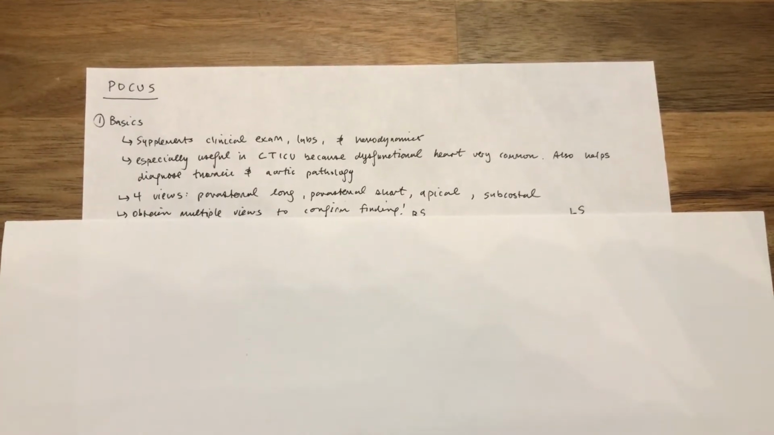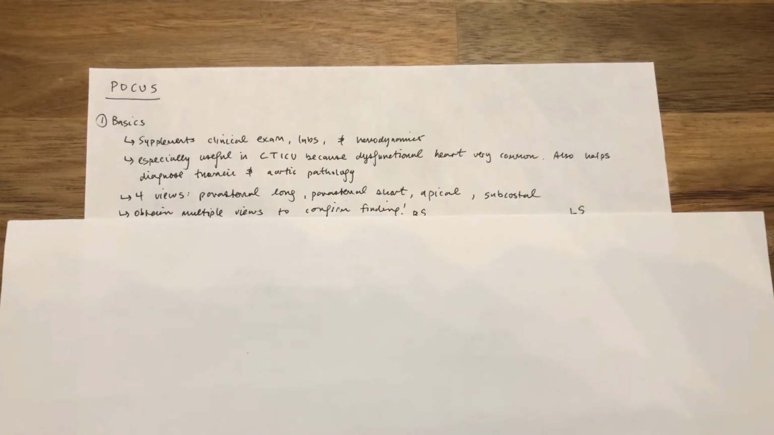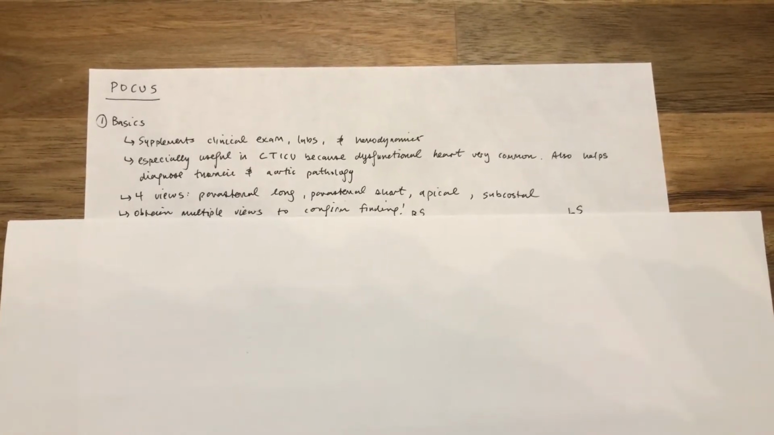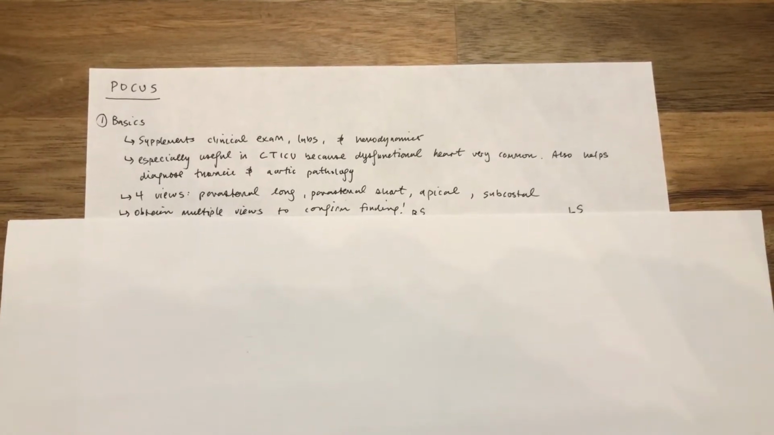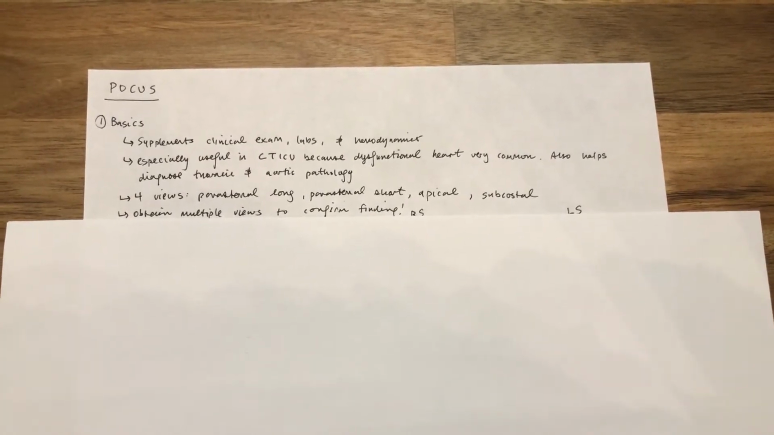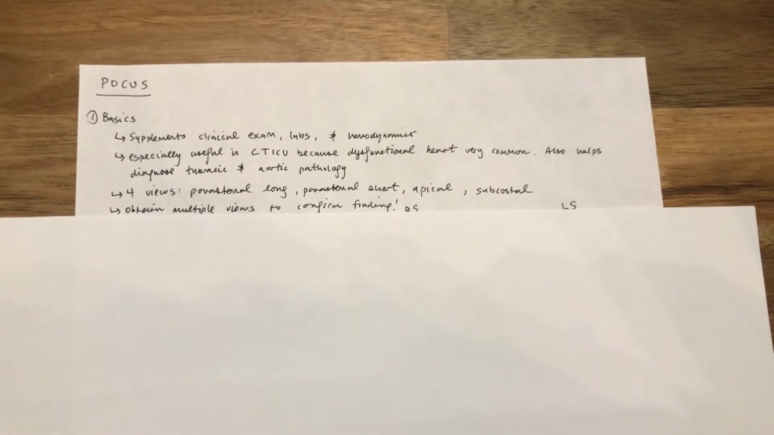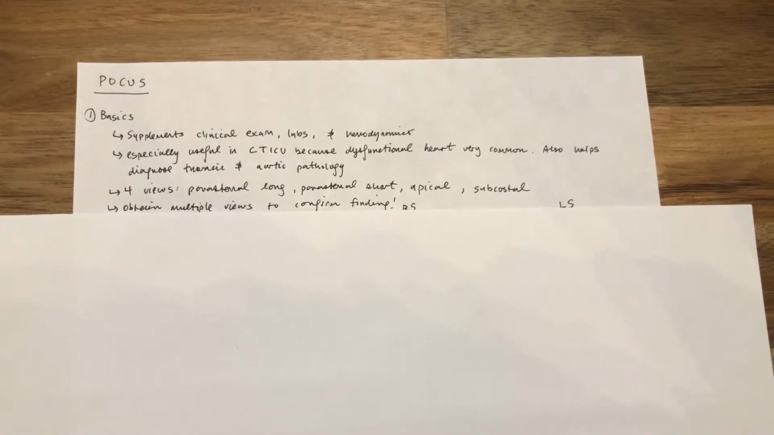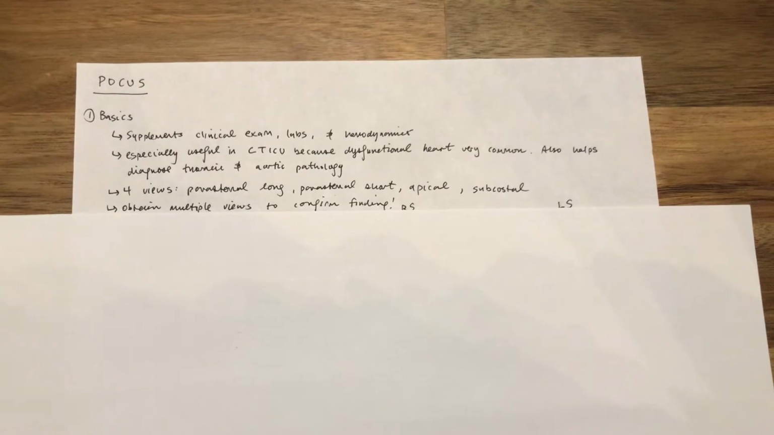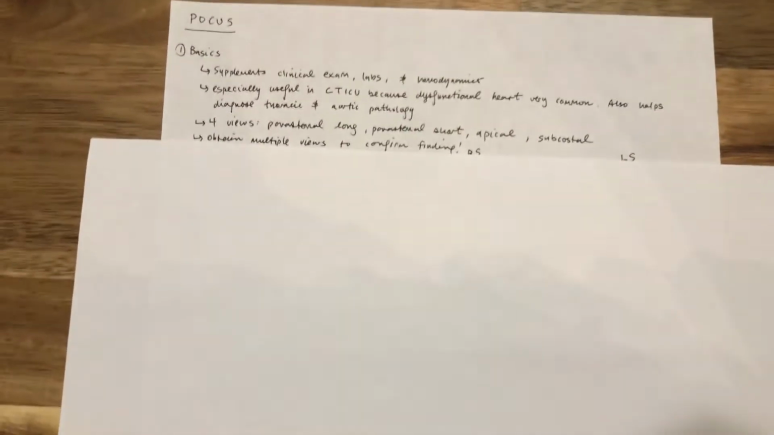As a general rule, the different structures are viewed in different views, and the goal is to have all the views agree on the same finding. And if they don't, you kind of have to think: are we measuring something wrong, or is our initial reason for ordering the exam wrong? So let's go first to parasternal